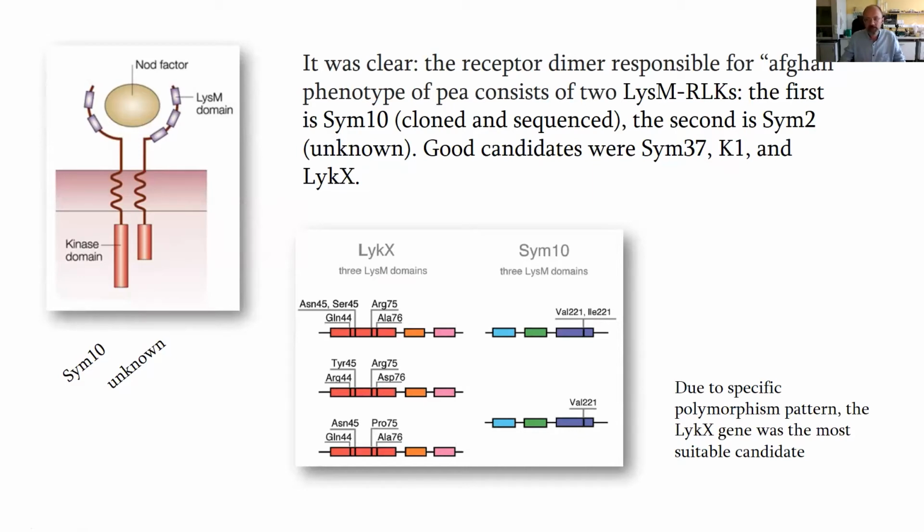I will skip all this matter, and at the point we started work with this hypothesis, there were three candidates to be the SYM2 receptor: SYM37, K1, and LYK-X, and we decided to check it with molecular modeling. And due to a very specific polymorphism pattern, the LYK-X gene was the most suitable candidate